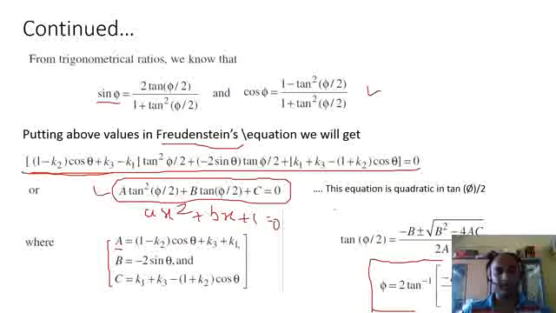k1 equal to d by a, k2 equal to d by c, and k3 equal to a square plus b square minus c square upon 2a into c. That we have seen. So k1, k2, k3 depend upon your link lengths. It means that at the end this phi is entirely dependent upon theta. When you change the value of theta, accordingly phi will change.